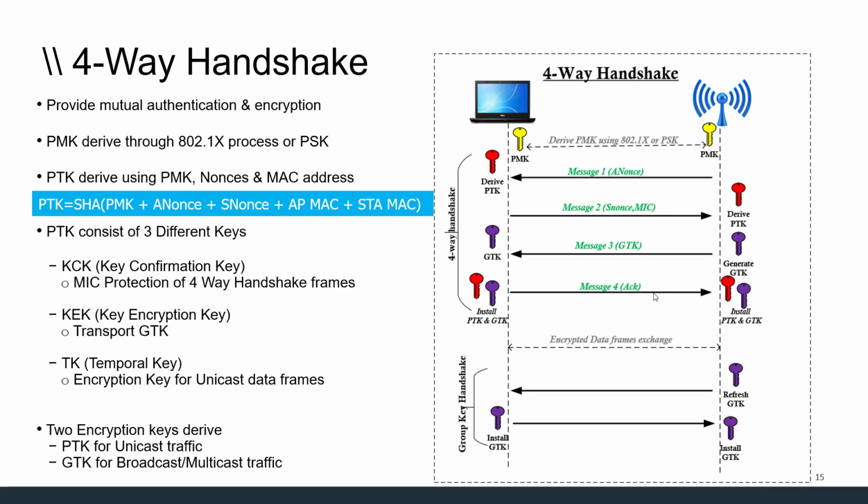In message 3, this key data field will be encrypted using the KEK, and we will also add a message integrity code, because we already derived the MIC. So when message 3 goes to the supplicant, it now has the GTK. Before starting data frame encryption, the supplicant confirms to the AP in message number 4, just saying that now I have both GTK and PTK installed. We can go ahead and encrypt the broadcast and unicast traffic.